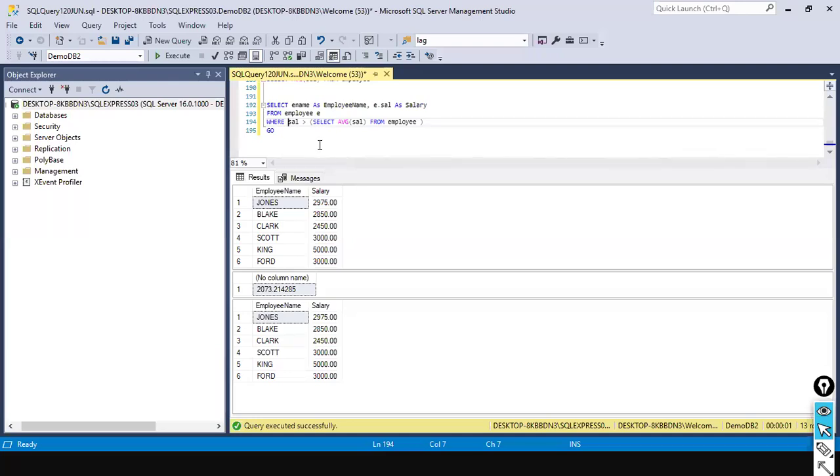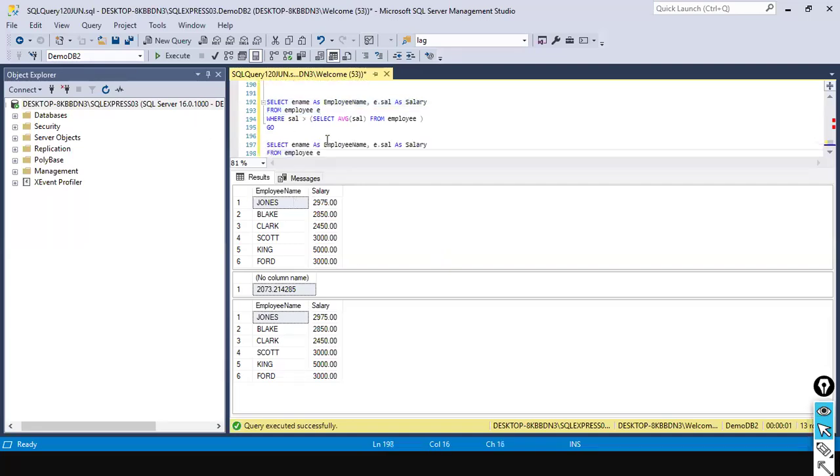Okay, one more example. I'll just show you. Look here. I'm going to use the same thing here. Select ename from employee. For example, you just want to see the employee name, not the salary. I just remove this, and only one value you want to return from the employee table,